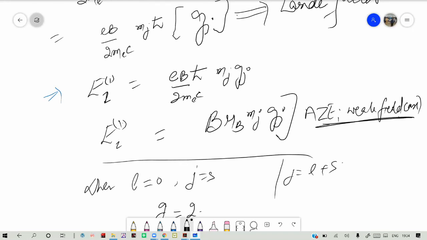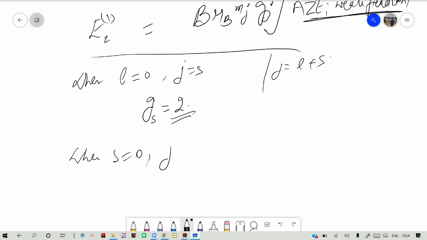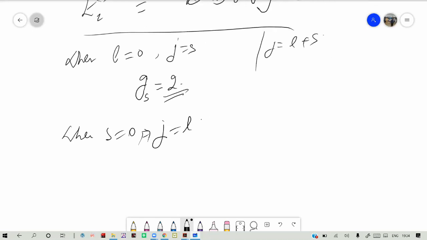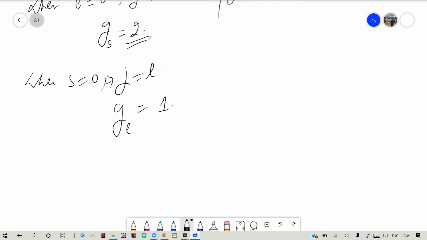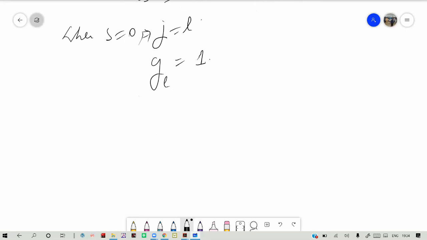So GS will become 2. Yes, I have written it 2. Okay. And when S equal to 0, then J is equal to L. When J is equal to L, then we have GL equal to 1. Now, if for example, you consider a particular atomic state and you want to see what happens